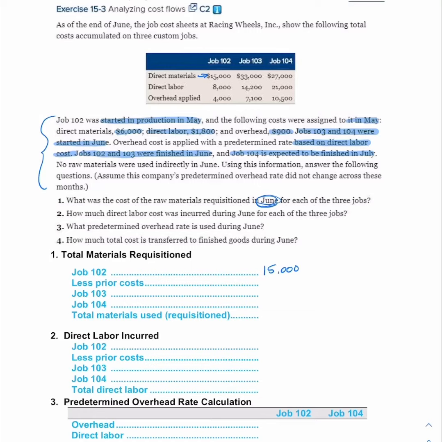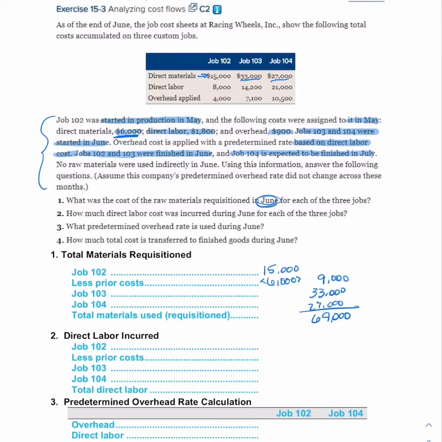So if we look back up here, we'll see that we actually got $6,000 of those direct materials in May. Now that gives me a total of $9,000 for job 102. For job 103, since it was actually started in June, and for job 104, I can just pull the numbers straight out of the table. So this will be $33,000, $27,000, and that will give me total materials requisitioned of